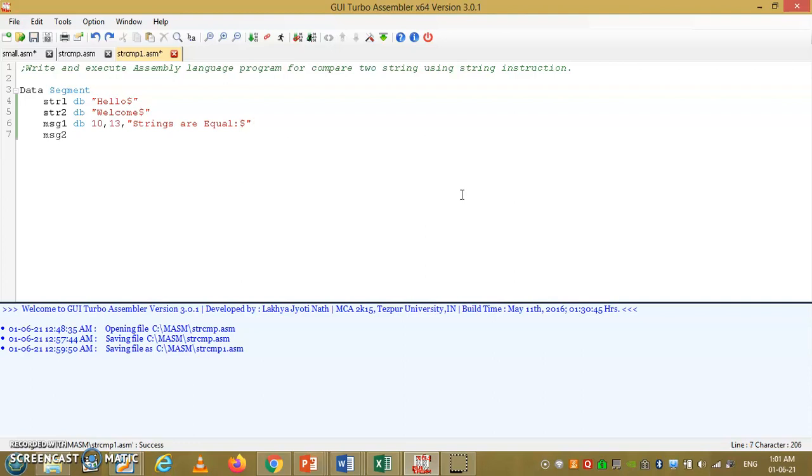Message 2 DB, we'll copy the same as it is, Ctrl C, Ctrl V, strings are not equal. So this is the declaration, right? So here our data segment declaration is over.